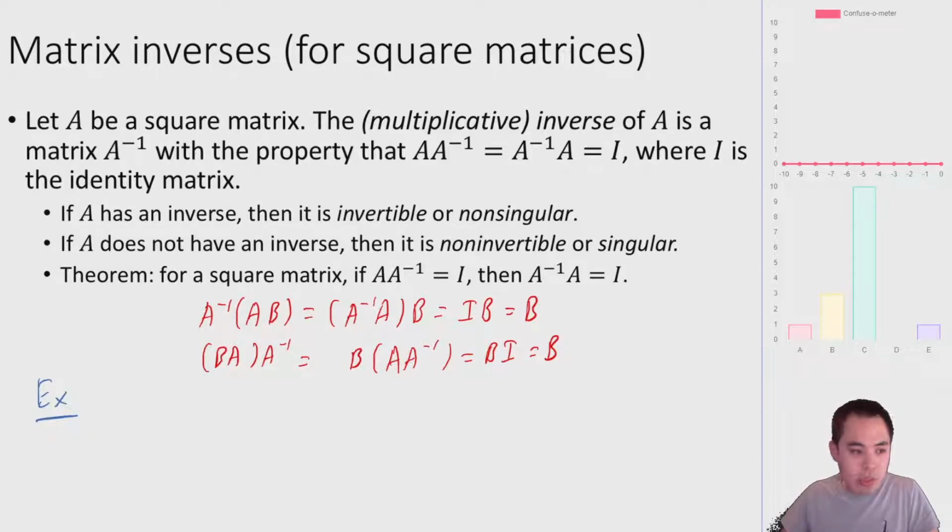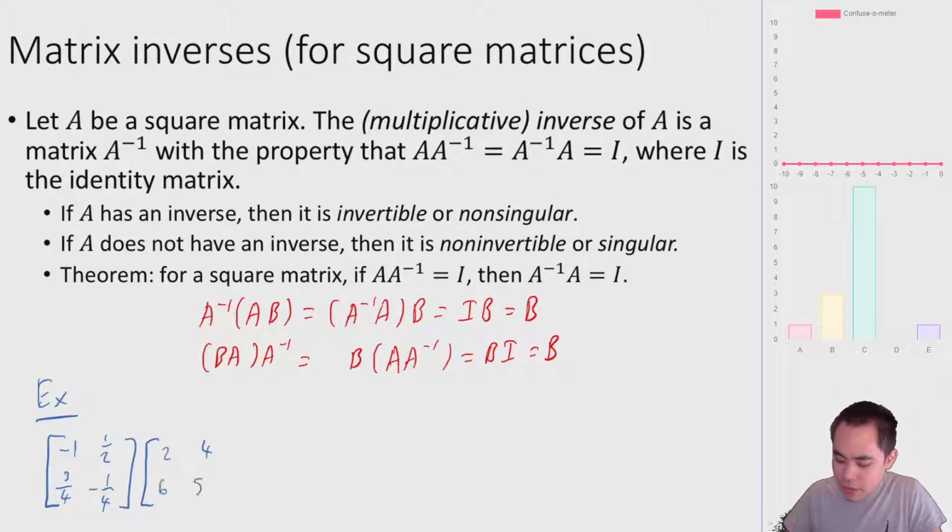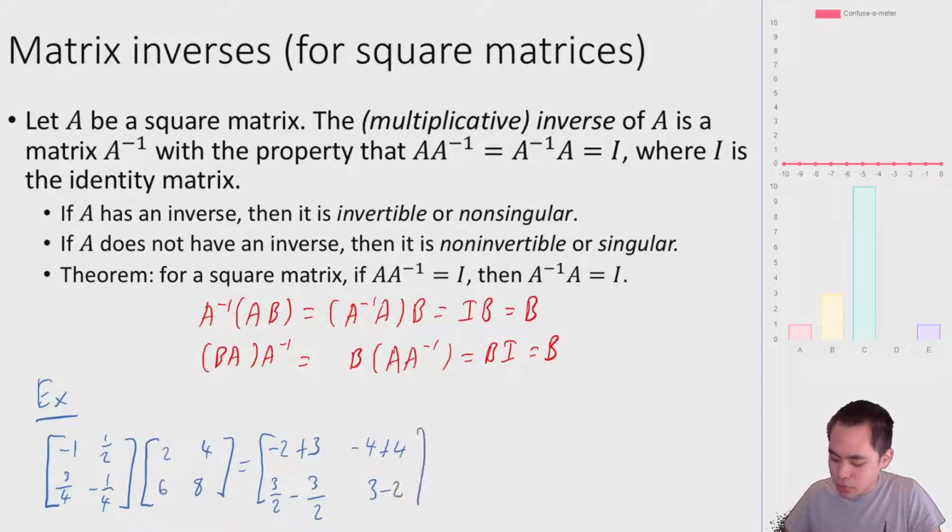So let's do the one that we talked about earlier. We know that [-1, 1/2; 3/4, -1/4] undid the operation of [2, 4; 6, 8]. So we think that it ought to be the inverse. If you multiply these together, you end up getting -2 plus 3, -4 plus 4, 3/2 minus 3/2, and 3 minus 2, which is equal to [1, 0; 0, 1], the identity matrix,